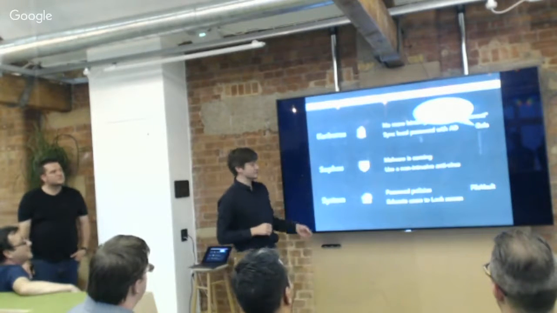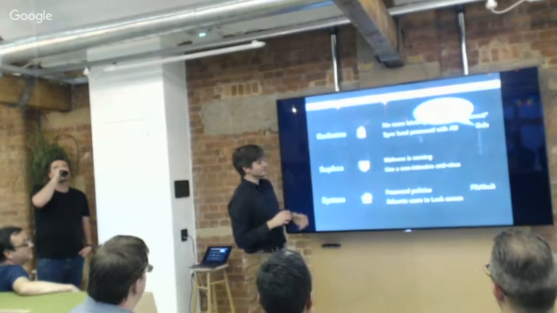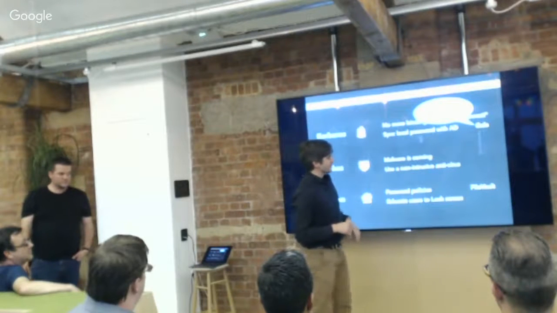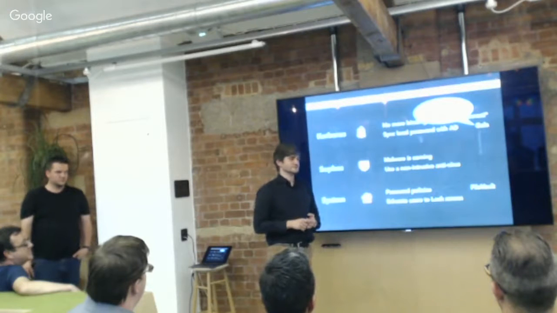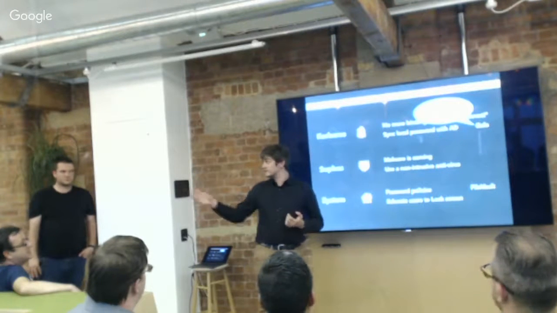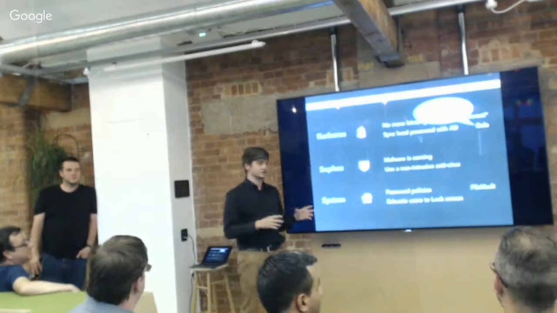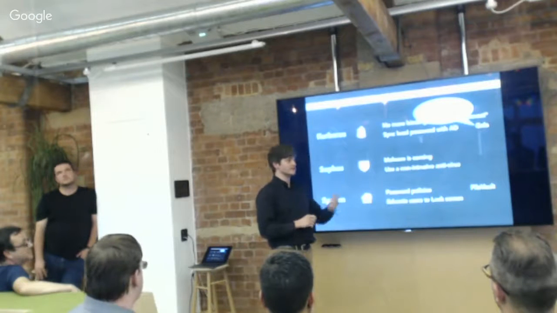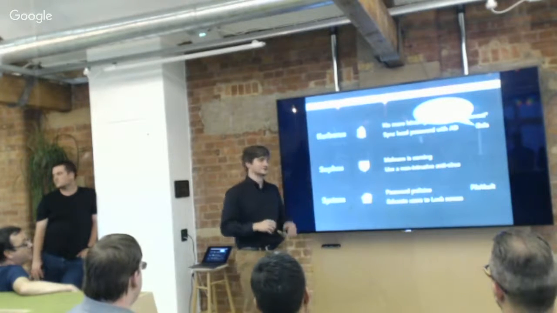And the system security, you can use password policies. Be careful because there are some bugs. I don't know how to use them. Use firewalls and educate users to lock screens. When you have laptops and things like this, where you can just grab your laptop, run away, it will lock automatically. But when you have a desktop, you still have to tell users, please lock your screen, so you can do